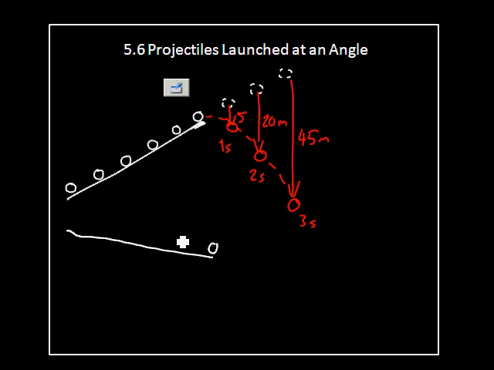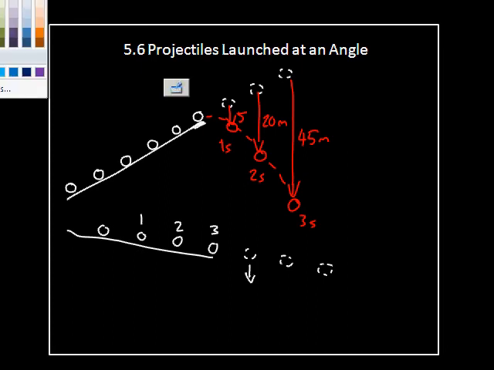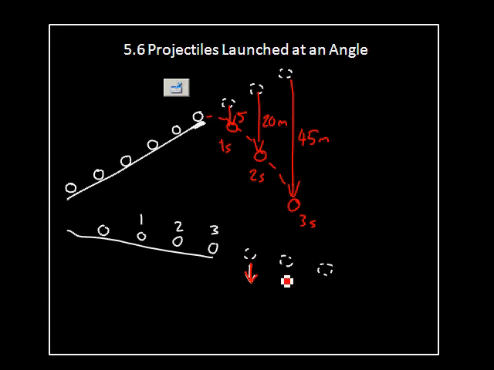If I have the snapshots of how far it goes if it started here, and this was 1 second, 2 seconds, 3 seconds, in the absence of gravity, it's just going to carry on the same direction as before, but gravity is going to pull it down 5 meters, 20 meters, and then 45 meters